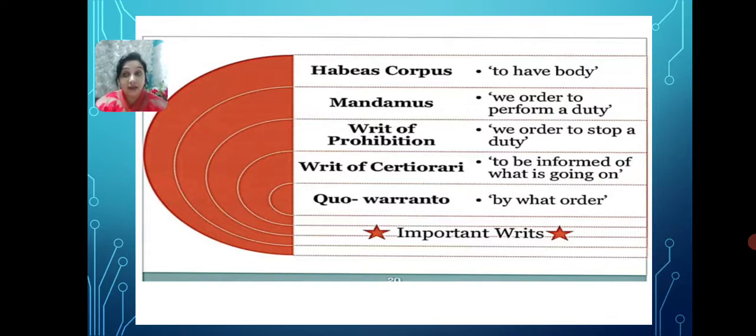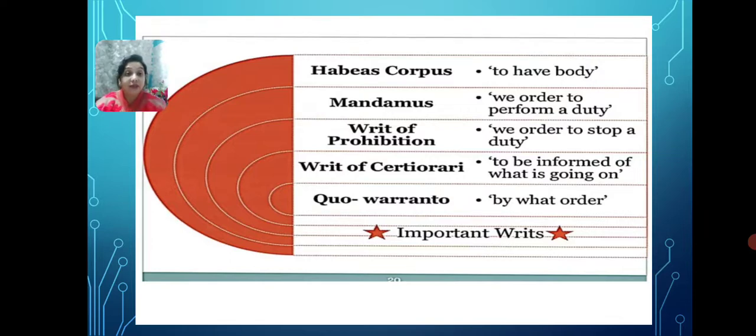In that case, the lower court government orders to demolish that building, and the writ, as per the writ of prohibition, if the person has appealed in a higher court, that is from lower court, civil revenue court to a district court, if it has appealed there, in that case, or to the high court, in that case they can give an order. Okay, that is what you call it as a writ of prohibition.